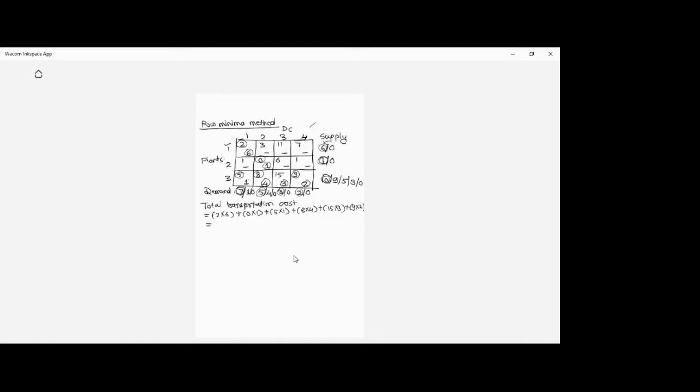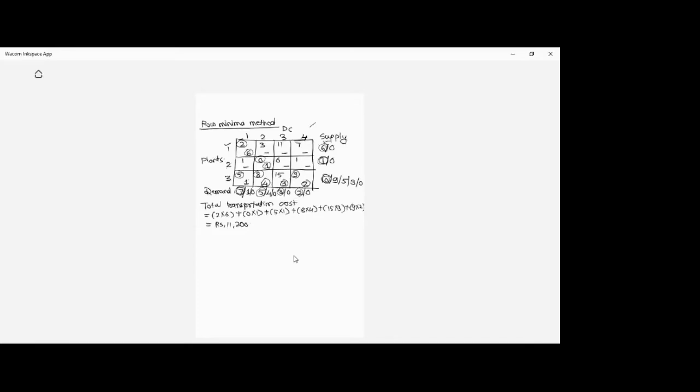Addition of all this will fetch you the value as rupees 11,200, and that is nothing but the demand value only. So if you check out the values of the transportation cost with the northwest corner method and the